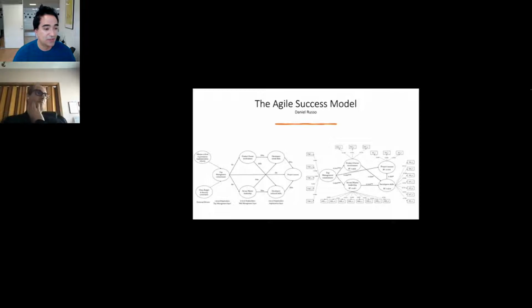The first layer is composed of the top management commitment, then a mid management layer made of product owners and scrum masters, and then a final stakeholder implementation layer defined by the developer skills. In addition to that, but highly specific to the organization that I was studying, were the external drivers that pushed towards this kind of transformation.